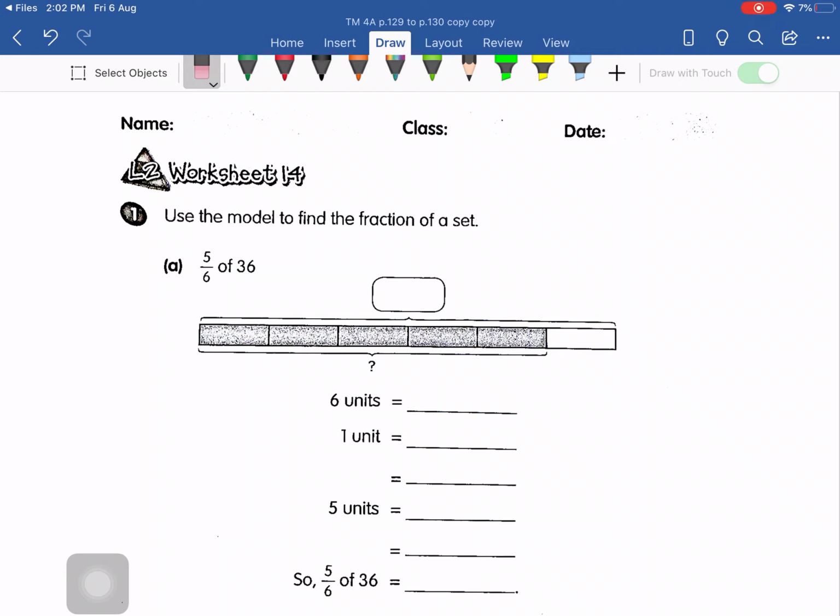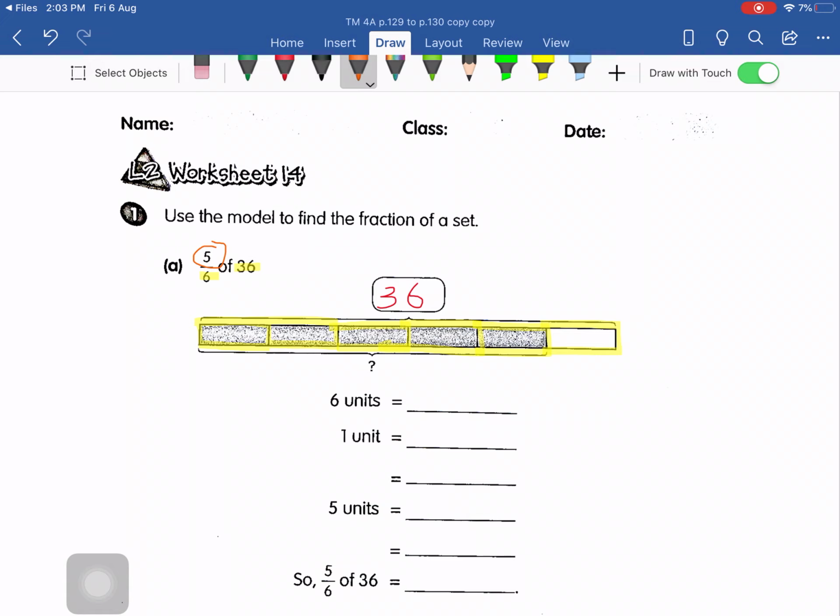MPAH 4A page 129. Let's look at question 1A. 5/6 of 36. So it means that 36 is being split into 6 equal units. There are 1, 2, 3, 4, 5, 6 equal units. And 36 is being split equally into 6 units. To find the shaded part, which is